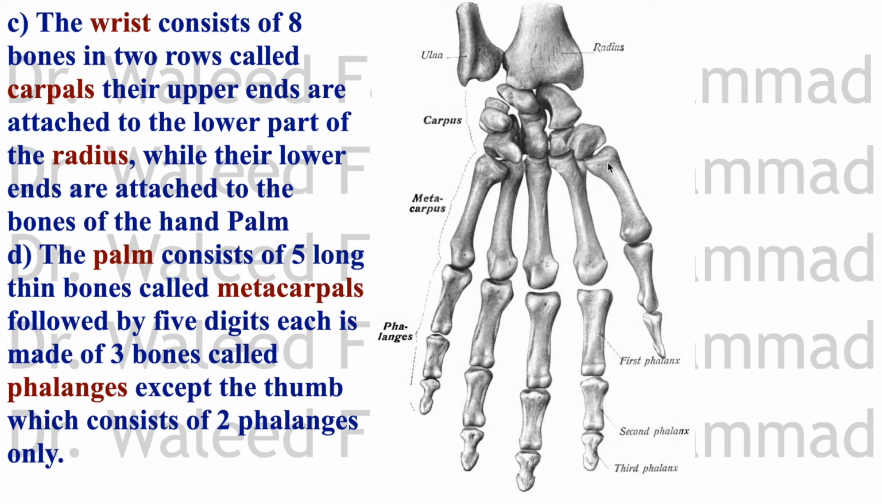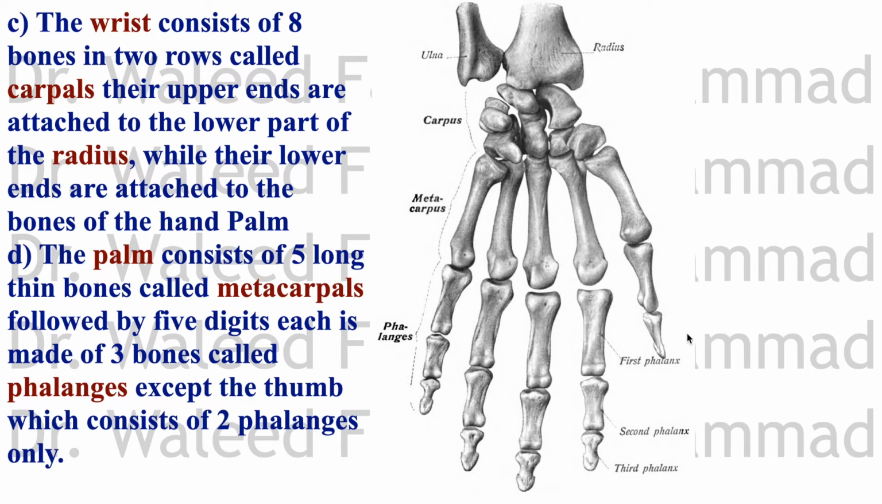Now the proximal ends, or the upper ends of the metacarpals, articulate with the carpal bones, while the lower ends of the metacarpals articulate with the phalanges. Now we have, of course, 5 fingers. Each finger contains 3 phalanges: proximal, middle, and distal phalanges. Individual is called a phalanx. This is the proximal phalanx, this is the middle phalanx, this is the distal phalanx, except